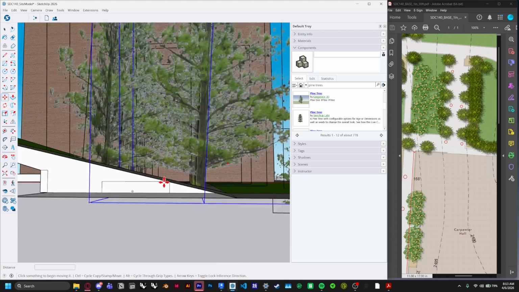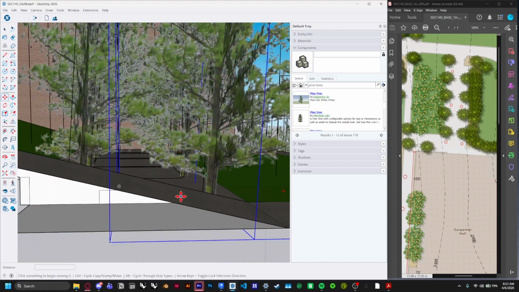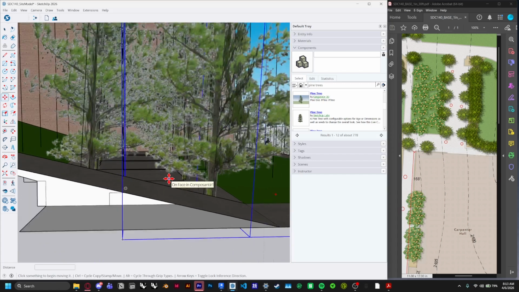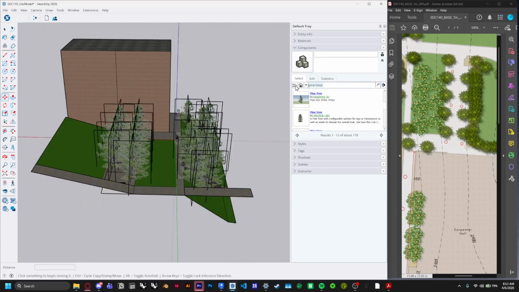Now these might be a bit low and inaccurate, so do find some better models than this for a better representation. And then I can look up tree